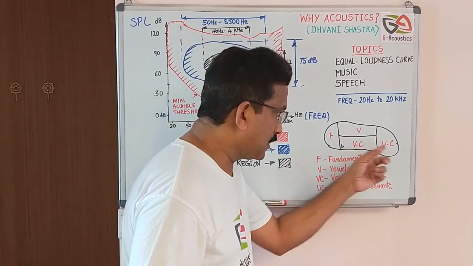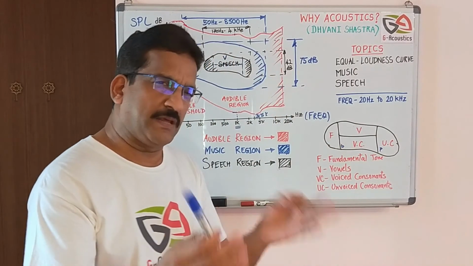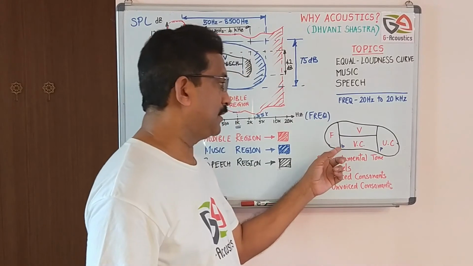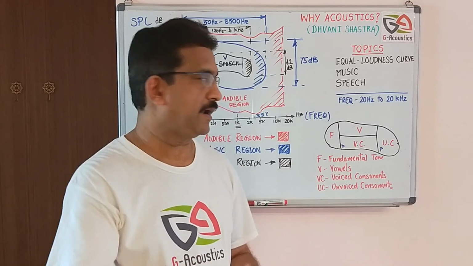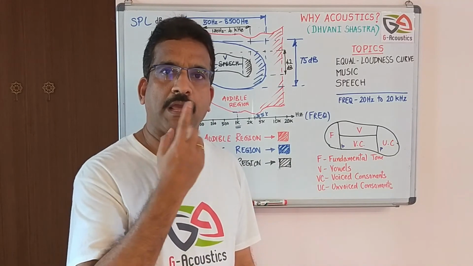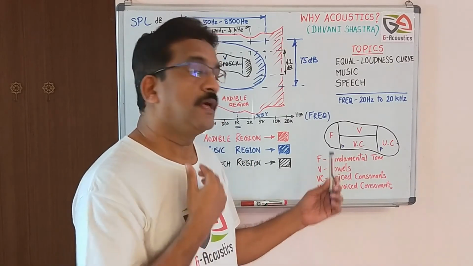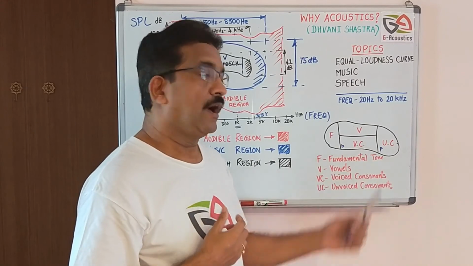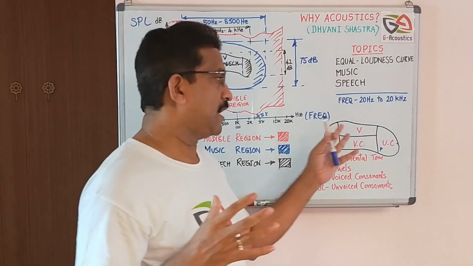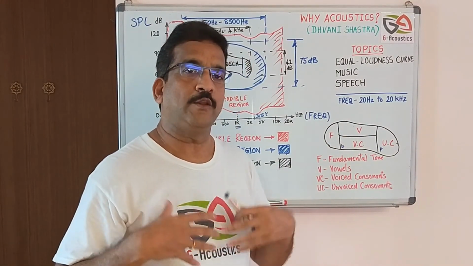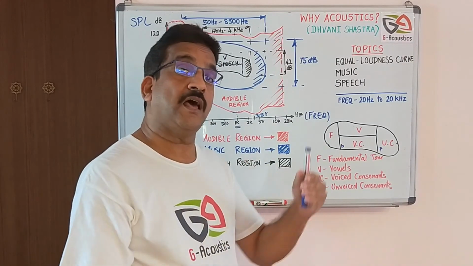Now, there are two different things here, voiced consonants and unvoiced consonants. Let me give a basic difference. A voiced consonant is, for example, the letter B. When you say B, it starts from here. B. Right? You say P. P. P. You just open the mouth, and the sound P comes. Right? P. B. So B is a voiced consonant. Unvoiced consonant is P. So any words that have unvoiced consonants, when you speak and your grandma or grandpa doesn't listen clearly, those are the unvoiced consonants.